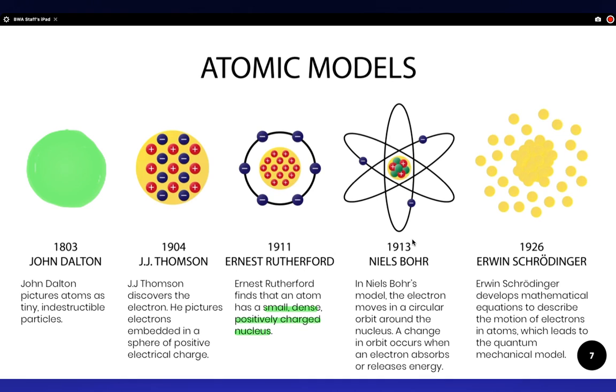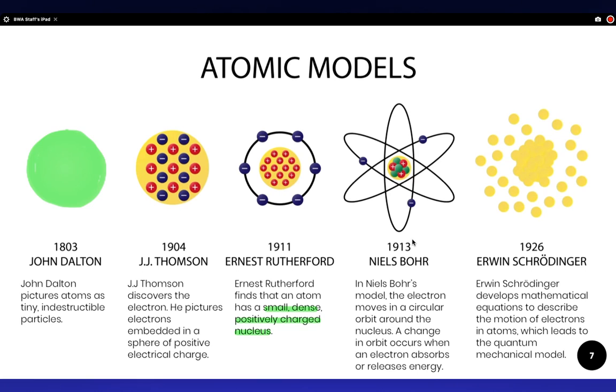The big thing that Rutherford discovered about the atomic structure was that there was a lot of empty space inside of the atom. So he actually was shooting protons through a gold foil, so a very thin piece of gold, and he was expecting a lot of them to bounce off, because he was going off of J.J. Thomson's plum pudding model. But what he found is the majority of the protons he shot at the gold foil went through. He had a proton detector on the other side, and that proved to him that there was empty space.